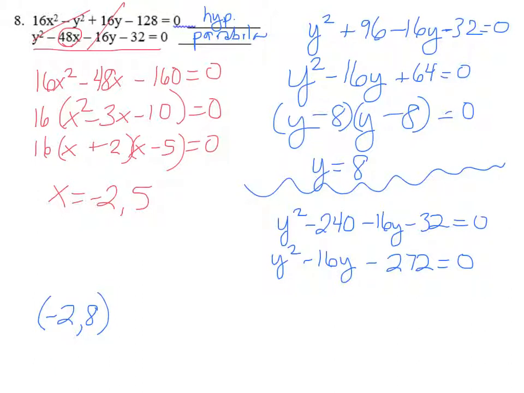Okay. So, I don't know. You know, I could sit here and play with factors of 272 for a while, but I think I'm just going to bail right off the bat. I'm going to go straight to the quadratic formula and see what happens. So when I do my quadratic formula, it's usually x equals, in this case a y equals, negative b plus or minus the square root of b squared. That's negative 16 squared, which is 256, minus 4ac,